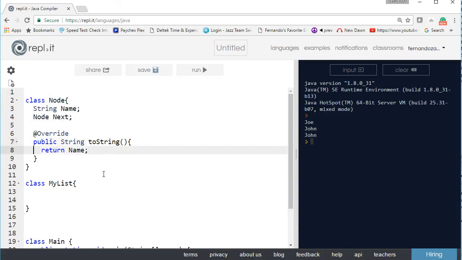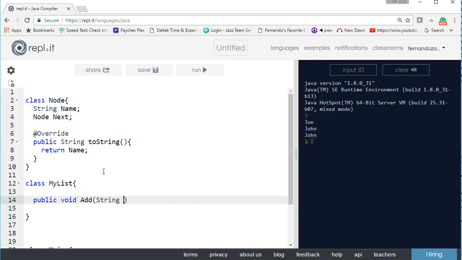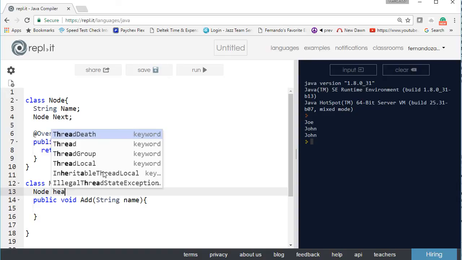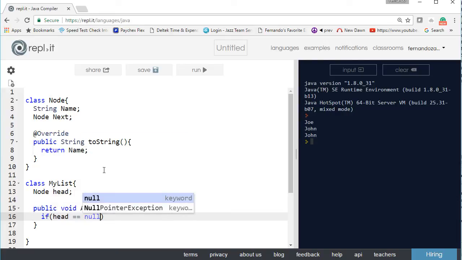And whenever we want to add to our list, we just say add, and then we just give it a value to add, because we have a list of names. And my list can have a node, that's the head, and that is internal to our list. And here we can say, for example, if we have head, we can say add, and we say if head equals null, and we can assign head,